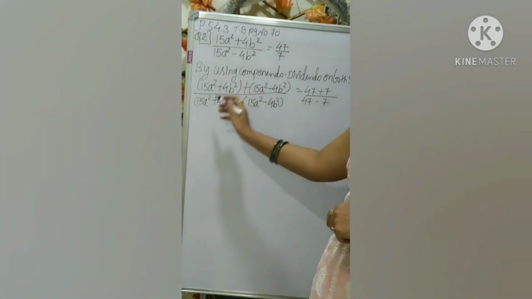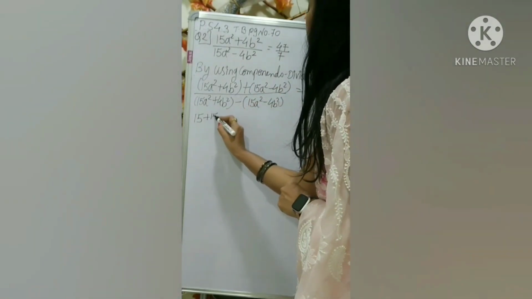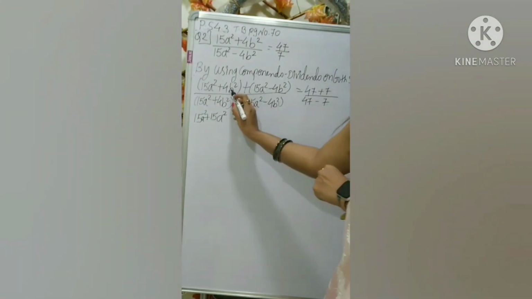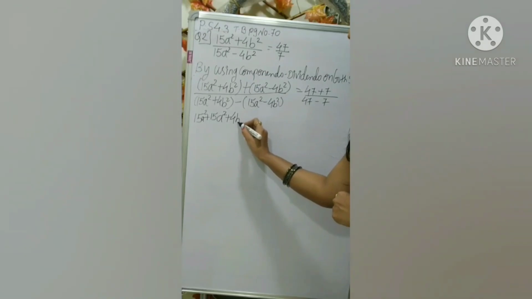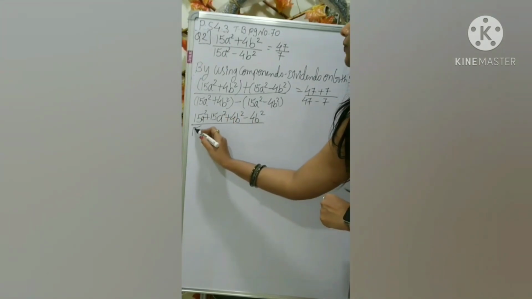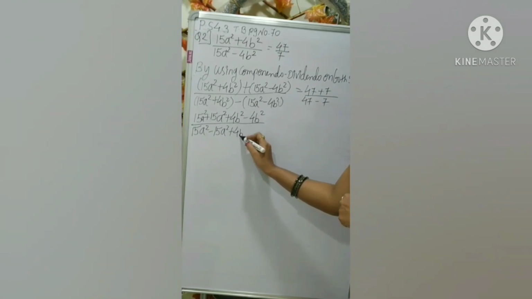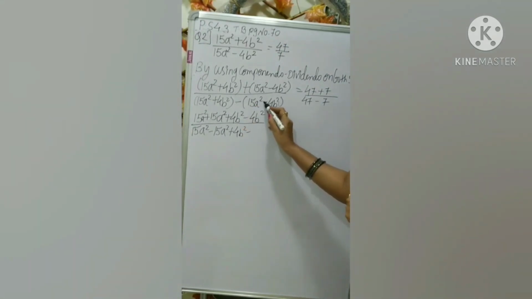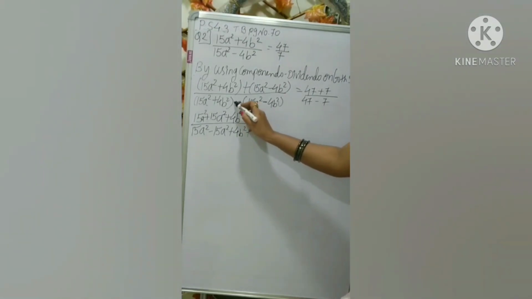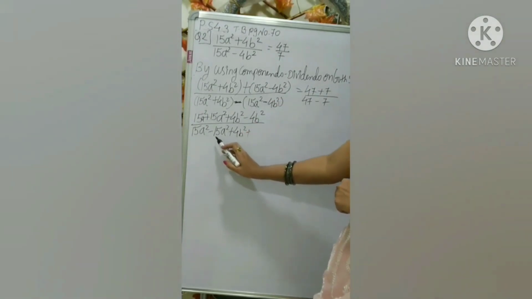Now the next thing I'll do is, I'll get all like terms together. Suppose I get 15a square and 15a square together, 15a square plus 15a square. Next is plus 4b square minus 4b square upon 15a square minus 15a square plus 4b square. Minus and minus, students, it always changes the sign. The minus sign outside the bracket will always change the sign inside the bracket. That is the reason why this plus 15a square became minus 15a square.